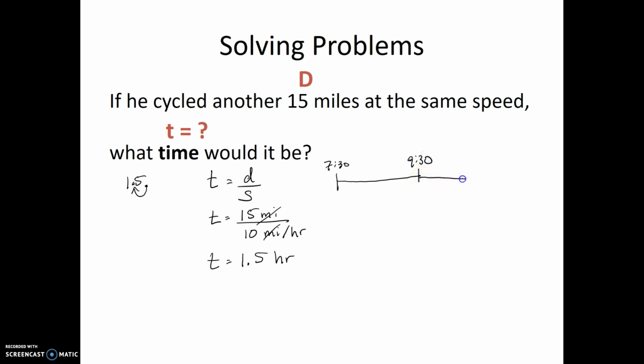And then he decided to bike another 15 miles, which took him 1.5 hours. So we need to add an hour and a half to 9:30. If we go from 9:30 and add 1 hour, it's going to be 10:30. And then we add another half hour, and it's going to be 11 o'clock. So he finished cycling at 11 o'clock